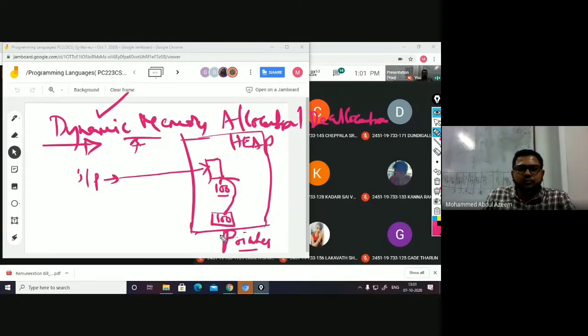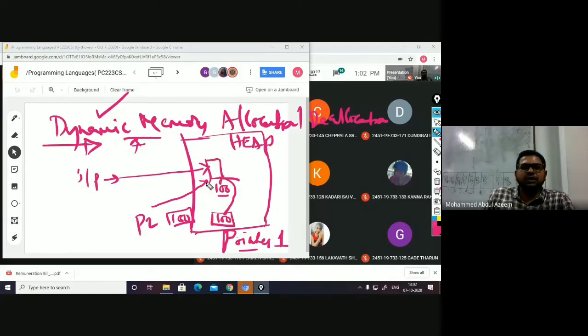But at the same time, because this is open to all, some other user also may own it by knowing the address of the same. So if some other pointer, let us say P2, is also owning the memory by holding the address, he can also be the owner of that particular memory.